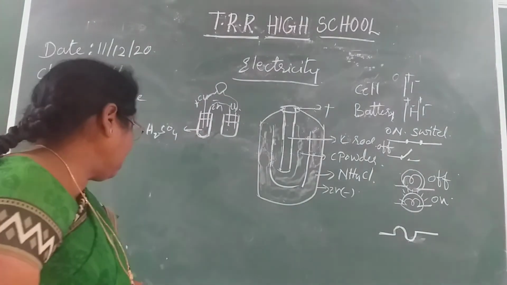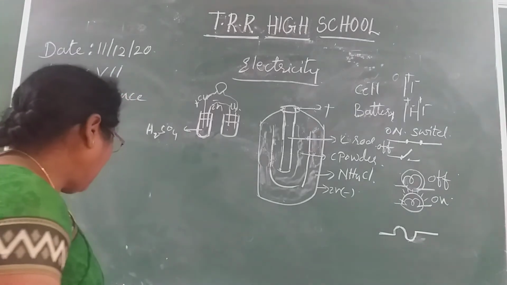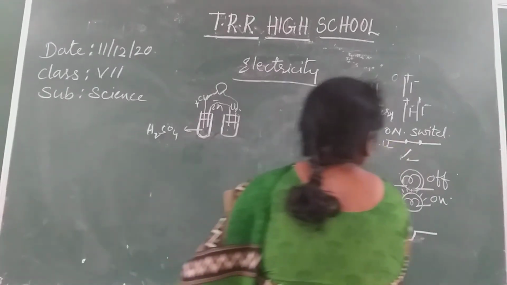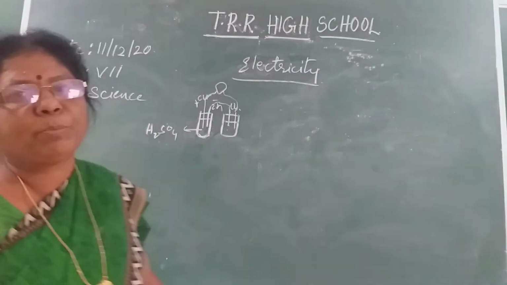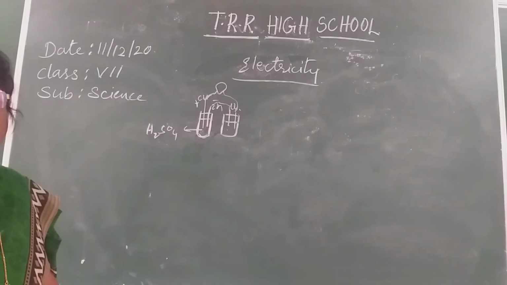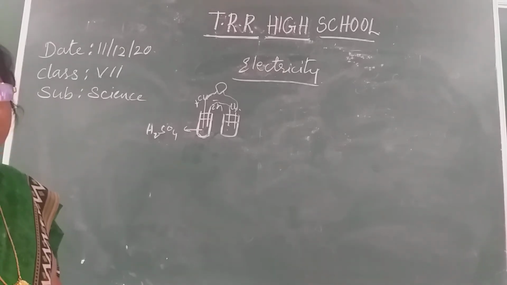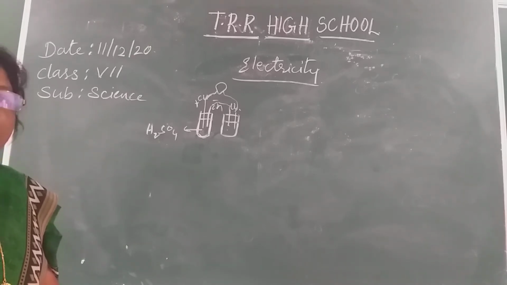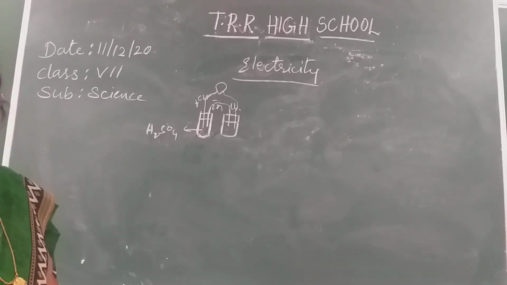So we studied this symbolic representation for the electrical components. Now series connection and parallel connection also we have studied. In series connection, the current flows in one path only. If one bulb or fuse fails, the other bulbs will not glow in series connection. In parallel connection, the electric current flows in more than one path in separate branch lines.